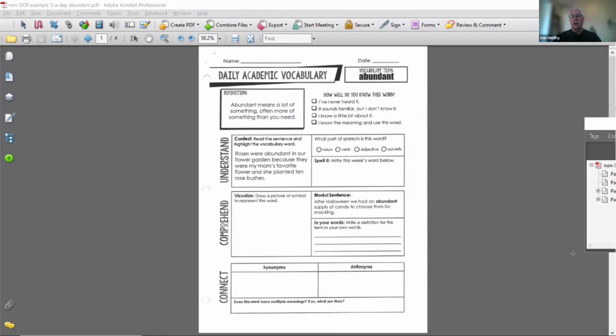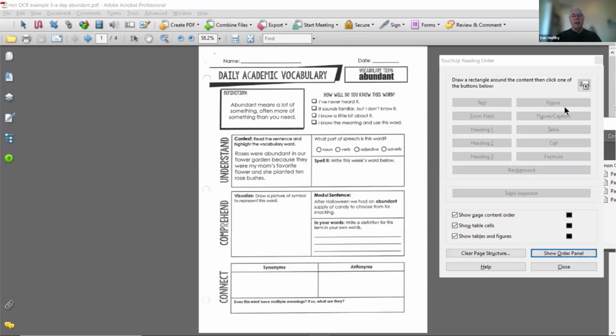If I show the order panel, there is none. It starts reading wherever up here, and it's just going to jump around all over the place. When this document was created, there was no reading order at all. If you take a really good look at it, a lot of this text that we see as text, some programs are going to look at as artwork or drawings because of the way it's